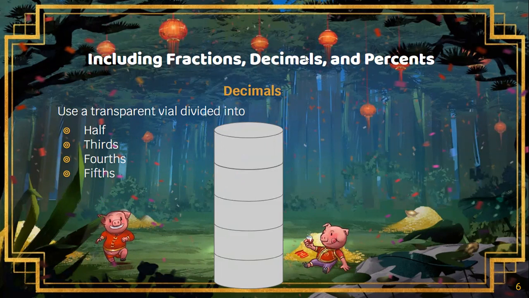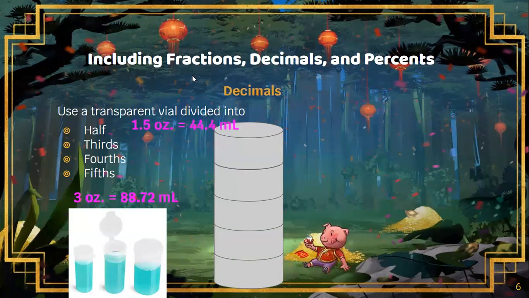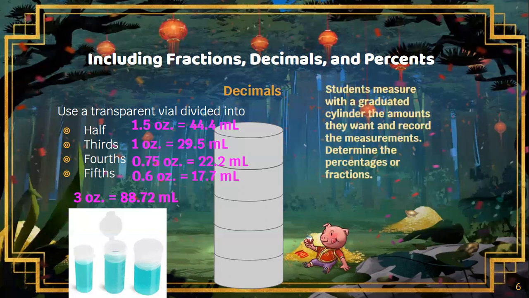Okay, so now that leaves us with decimals. And so again, we're going to have the same set of vials that you're going to prepare ahead of time for your students. And then this time, students are going to measure with a graduated cylinder the amounts that they just want to use. Okay, and they can record those measurements as they make the rocks. And so from that, then you can tell them, well, now that you've made your rocks, while we're waiting on them to completely go through this cementation process, while they're drying out and cementing together,